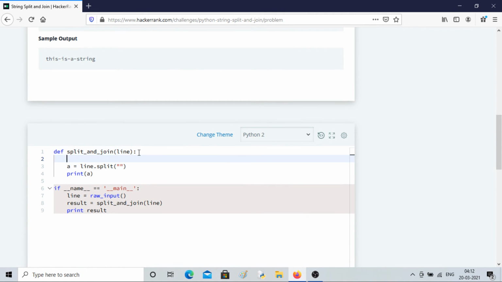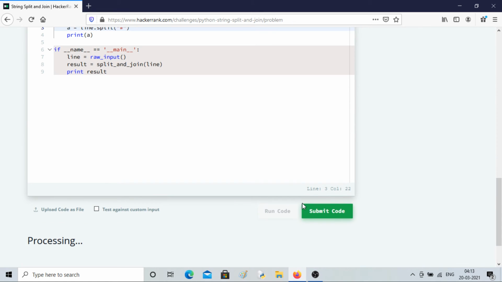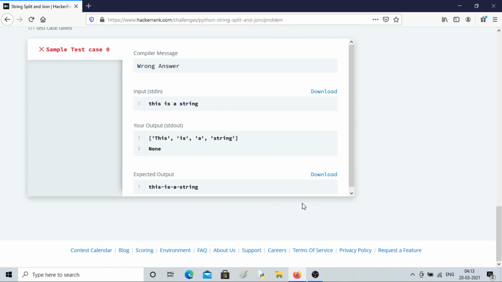Let's say I change line to this: this is a string, and instead of spaces we have hash. Then what will happen here? If you put hash, it will be separated at the hash places.